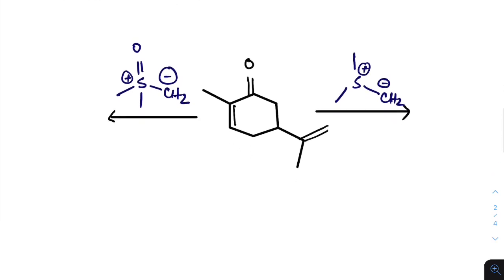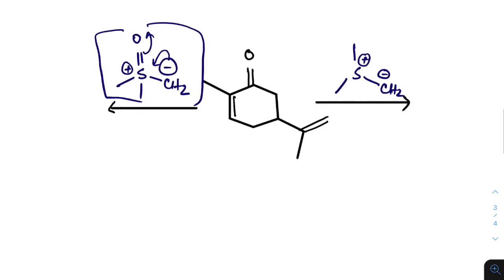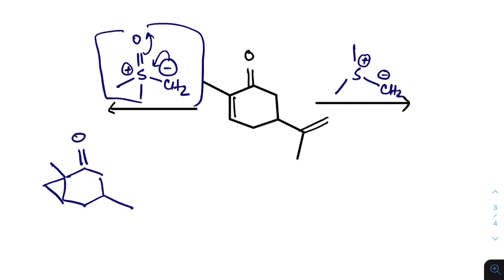Now if we talk about the sulfoxonium ylide, this is a sulfoxonium ylide, which is also a stable ylide, because this negative charge is stabilized through resonance with this double bond O. Therefore, this also gives the same kind of product as the stabilized ylide gives. So it also gives the thermodynamically stable product. So the product looks like this. But in the presence of this type of ylide, as we have previously told, that will give